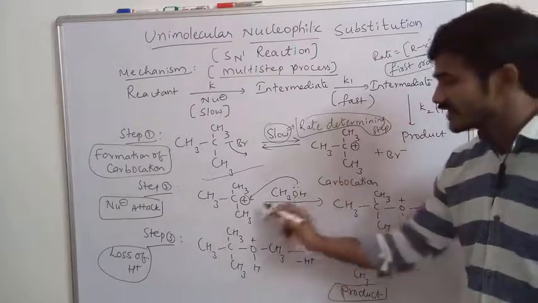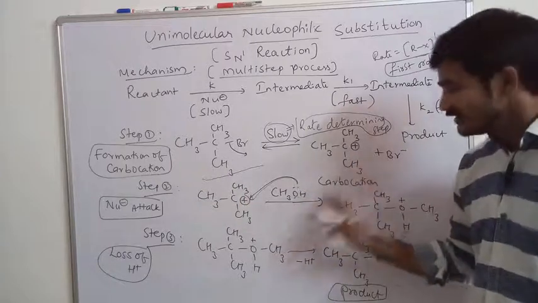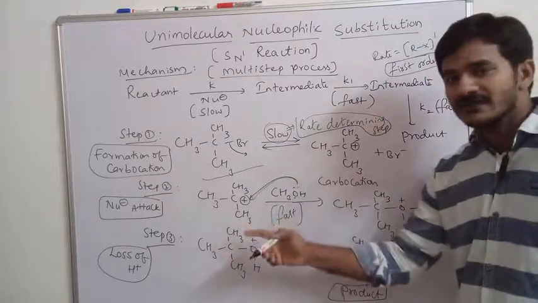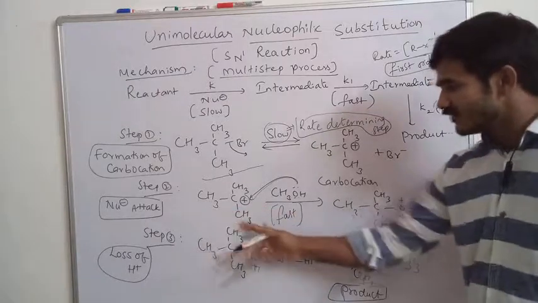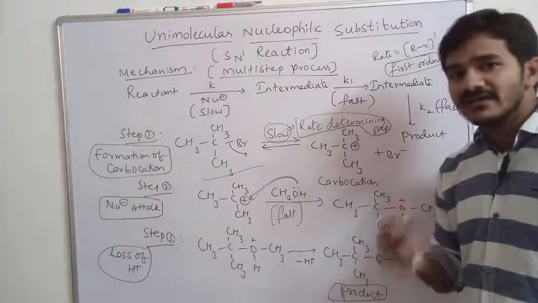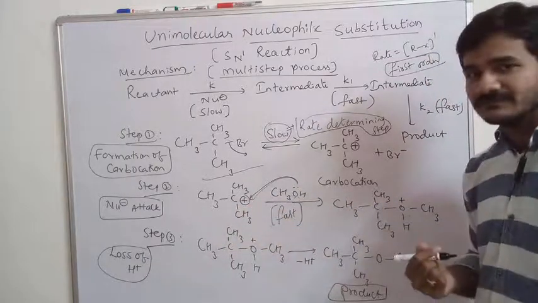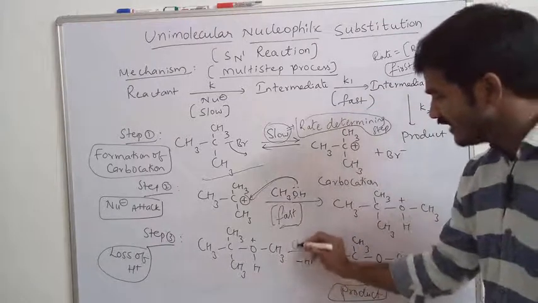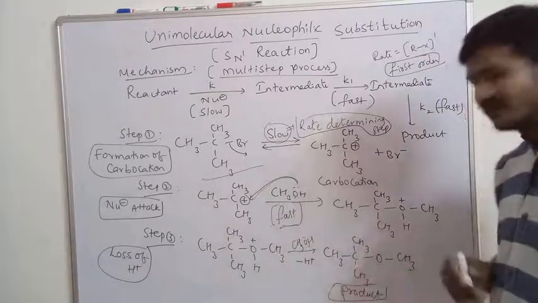And where is the nucleophilic role? In the second step, the nucleophile will attack. After the formation of carbocation, next the nucleophile will attack. As soon as the carbocation forms, the nucleophile can immediately attack and form the product. These carbocations are stable electrophiles. As soon as the electrophile is forming, the nucleophile immediately attacks and forms the product. So this reaction is said to be fast. Finally, this proton will be lost to the same alcohol which we are taking as a solvent. Methanol will take this proton and we get the final product.